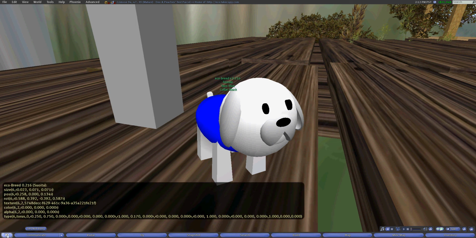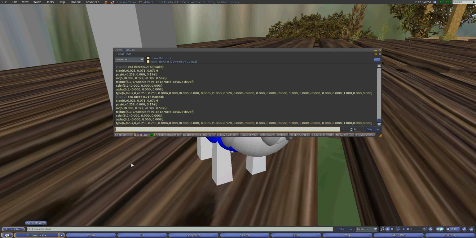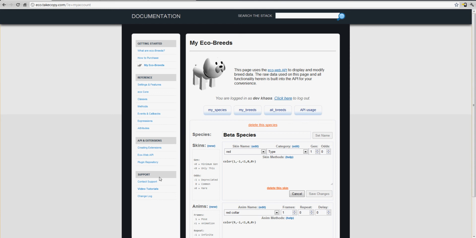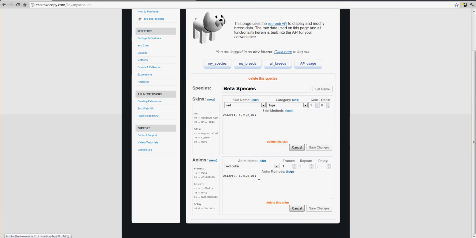give you the information in local chat, which you can copy and bring into your species page where you can set the animations, and we'll call it blink. But we're going to want to have more than one frame. See, it's only giving you the one frame, so we're going to increase that to 2, and I'll go back